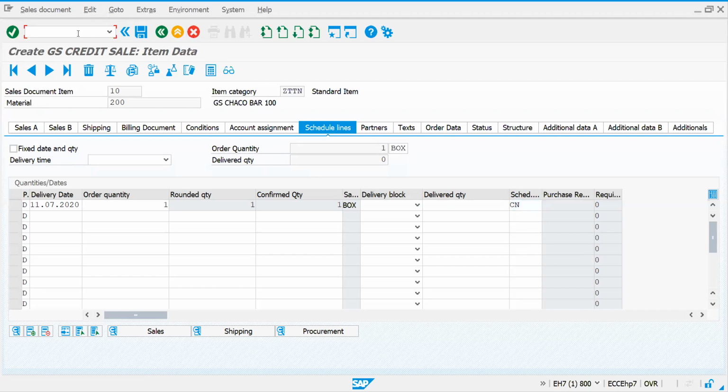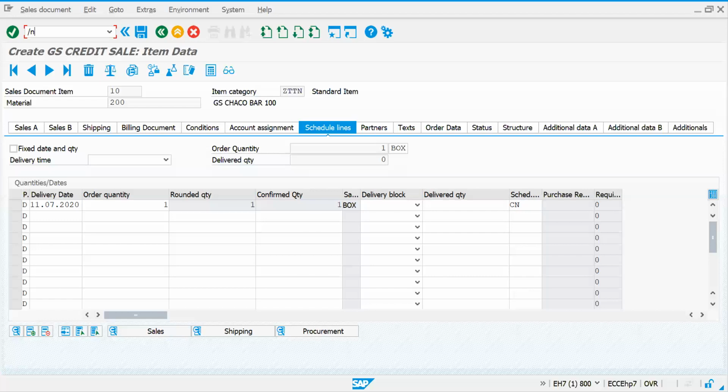So let me show you how schedule line category will be determined. What are all the controls we have on schedule line category? I'm just trying to explain the important controls on schedule line category. In the meantime, we'll get back to the document type controls and item category controls.